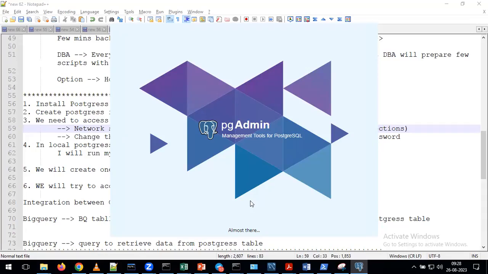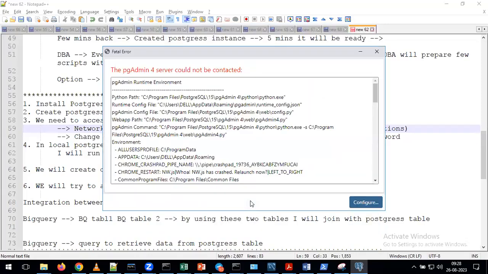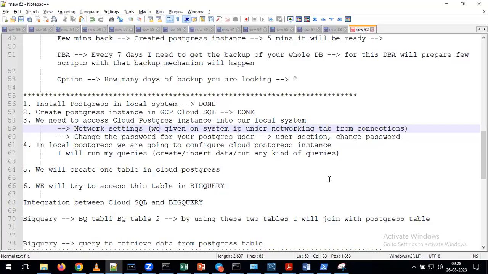Or simply, if you ask me, I can say that the Postgres table data can be uploaded into a text file, and I upload that text file into a GCS bucket. From there I can perform all the activities in BigQuery. That way also we can perform everything. But in real time, in some projects, we are not going to perform those activities directly. For that reason, you need to have knowledge about all these activities to perform some extra activities in some projects.